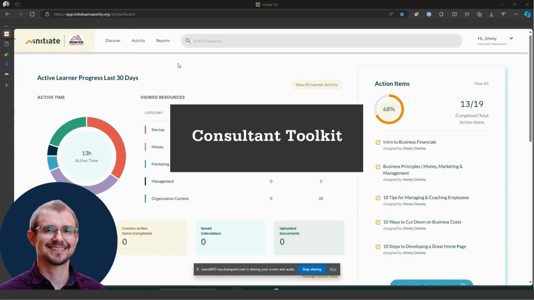This review is for either new consultants or consultants that just want a refresher on the different tools that we have available at Mountain Association. So what I'm going to go over is our consultant toolkit that we offer through business support services. These are tools that you can use with your clients as needed. Some we want you to use for every project, and some are just there in case the situation comes up where it feels appropriate. But I will review 4 different resources that are at your disposal, including this one